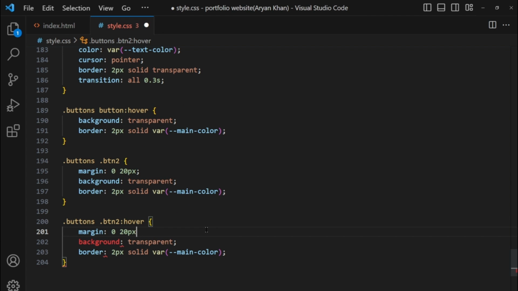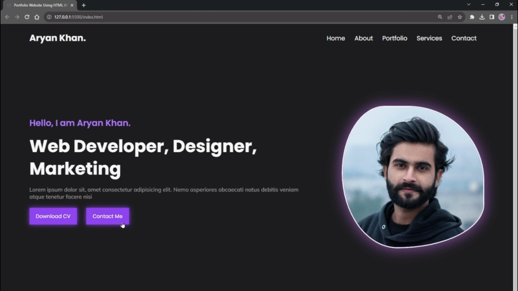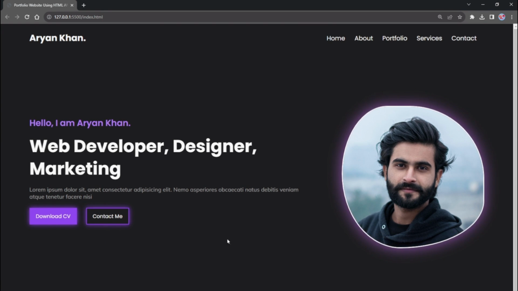We'll remove the margin in the hover state, and the background color will change to the main color, while the border becomes transparent. Our buttons will have a smoother transition and a distinct style for the second button, making them visually appealing and amazing. Alright, let's add some logos at the bottom of the hero section to represent your skills,